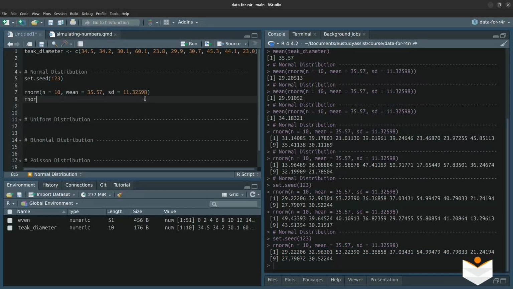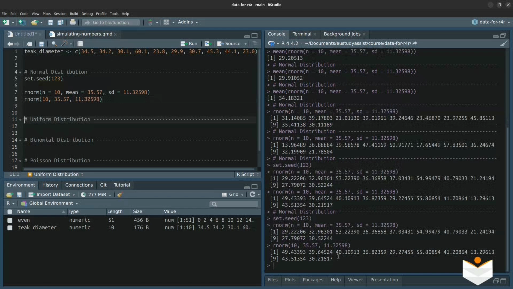Another thing to do is to write this in a short form. Write 10, mean of 35.57 and SD of 11.32598. And yes, we'll also have a result. What we've done in this case is called the positional argument. Positional argument means that since we know the arguments that we should use, the keywords, that's n, mean, and SD, and we know their position in the function, if we check args,